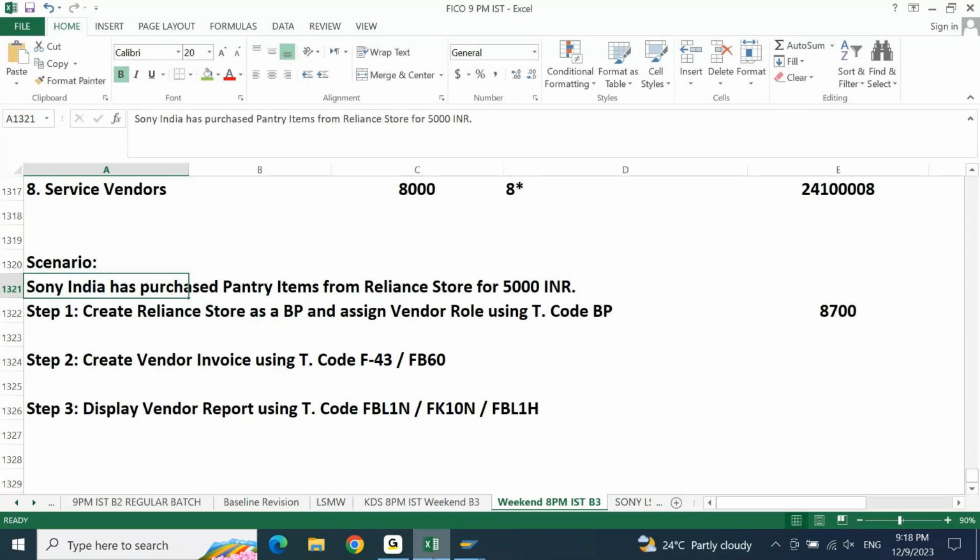Tejas? Yes, sir. Sir, am I audible? Yes. Sir, you just mentioned that business partner number is internal and the vendor number is external. So, sir, is there any logic behind that, or is it just a standard practice that we are following in practical world? There's no logic, it is a standard, because in order to create any customer or any vendor